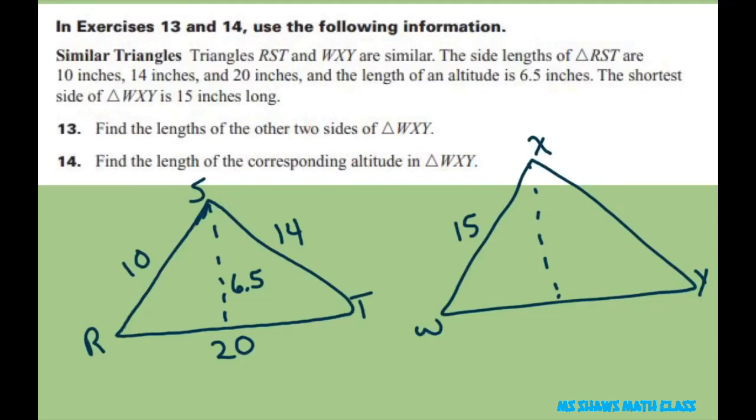So we know that 14 equals 2/3 of XY. So multiply both sides by 3/2. And when you multiply those two, that's going to cancel. So 2 goes into 14 7 times, and 7 times 3 is 21. All right, and we do it again for